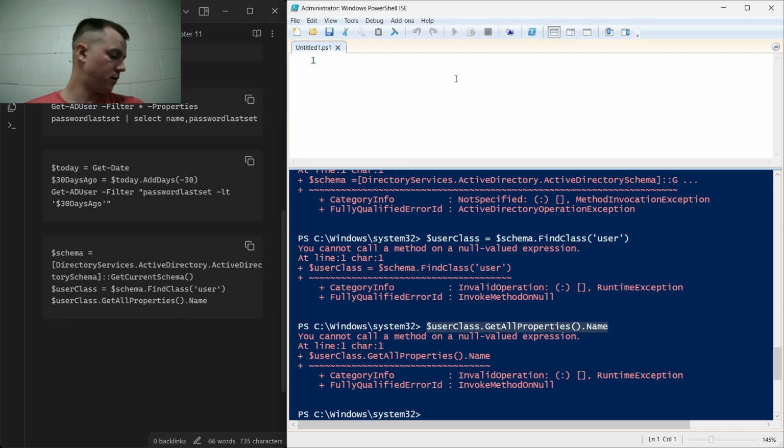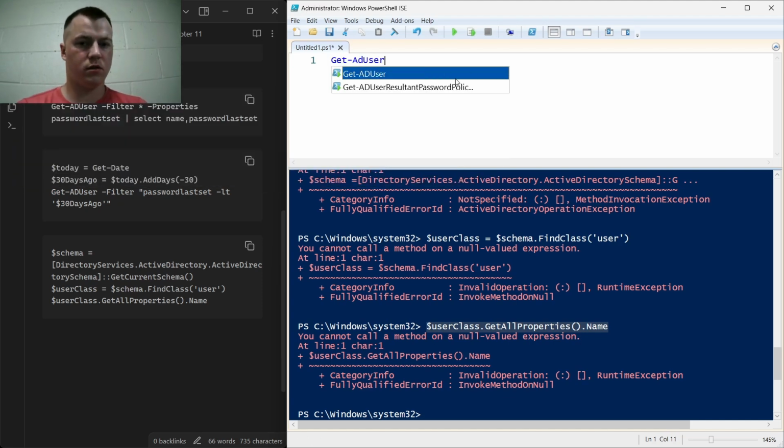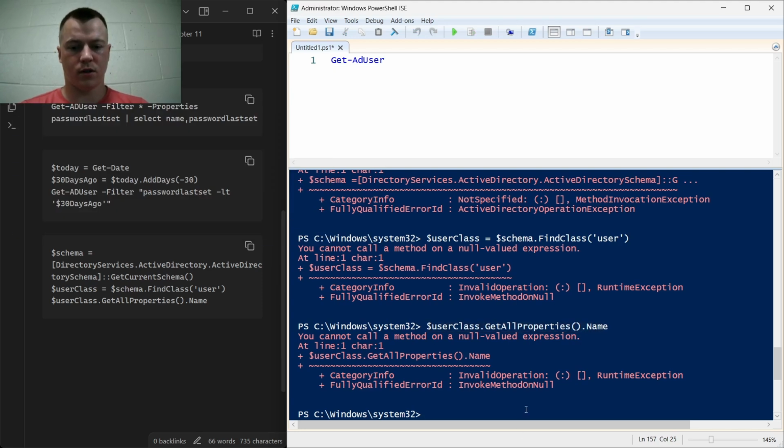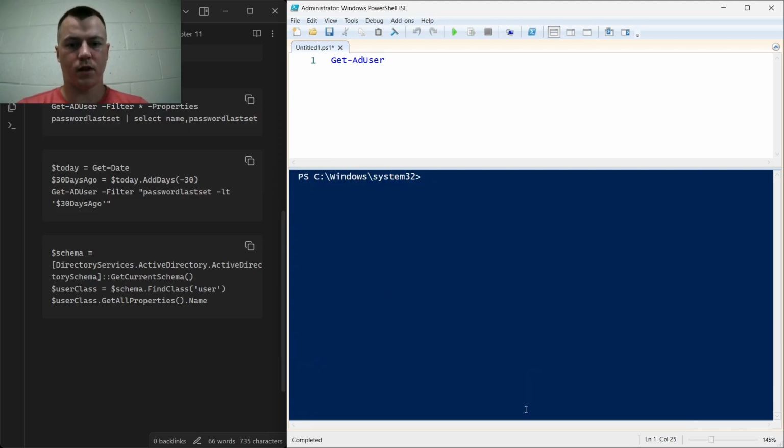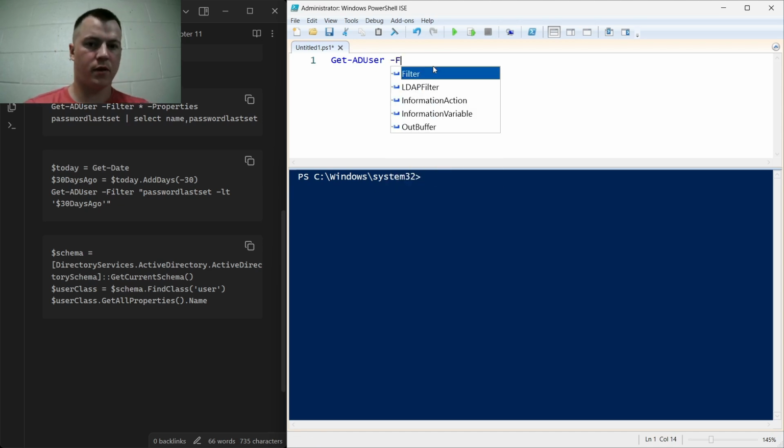So there's going to be 4 lines that we're going to be doing, because how they have it is Get-ADUser with all the filtering, Get-ADUser with filtering, and then they do 2 more to change the department as well. So Get-ADUser, let's just clear this out, CLS, so then Get-ADUser, filter,